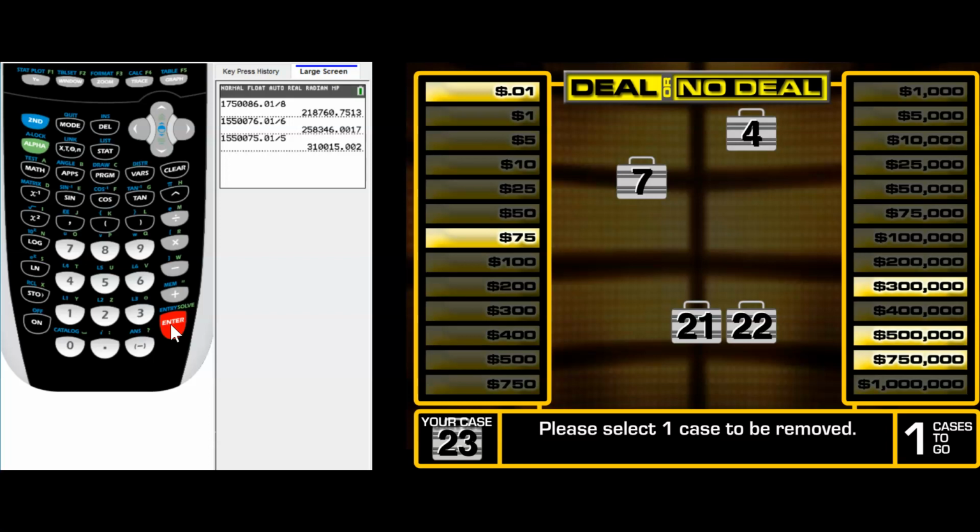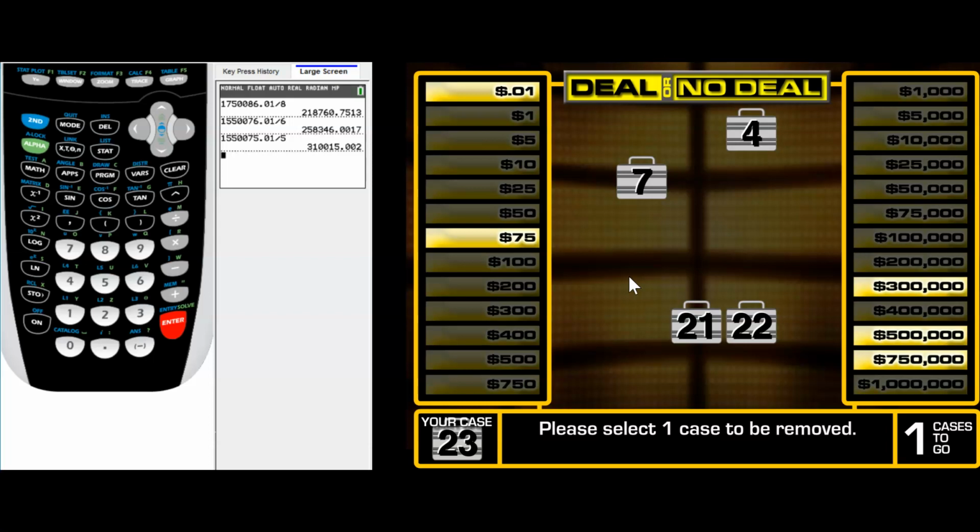Not to mention the fact that the median is right in that $300,000 range. Now, as you look at 5 data points, the middle data point is $300,000. But as soon as you eliminate one of these amounts, then the amount that they're going to offer you is going to go way down, just as the expected value would go way down. So I think if I was playing the game, I would absolutely walk away at this point. I would have probably walked away a long time ago, but I would say deal at this point, because they are giving you something better than what you could theoretically ever expect. And that's based upon computing that average.